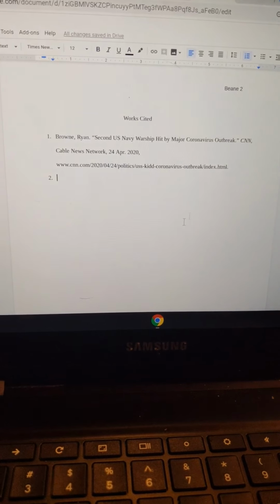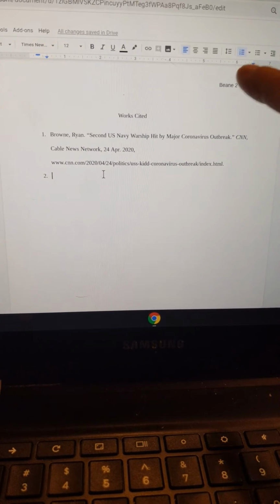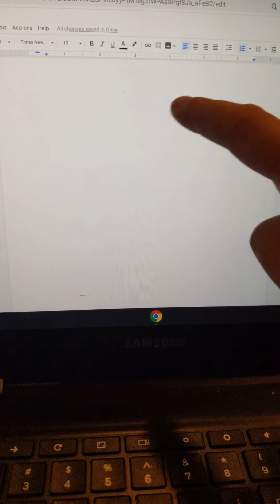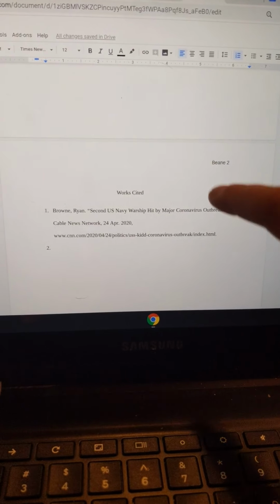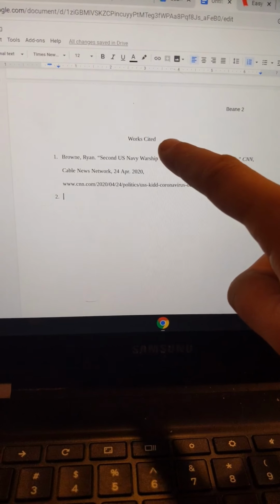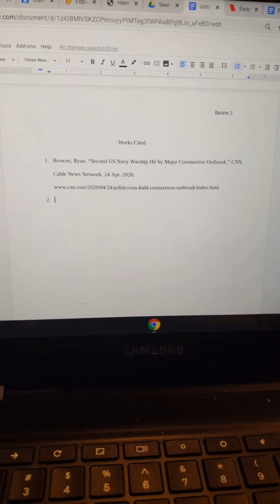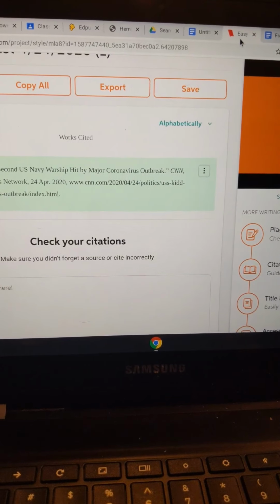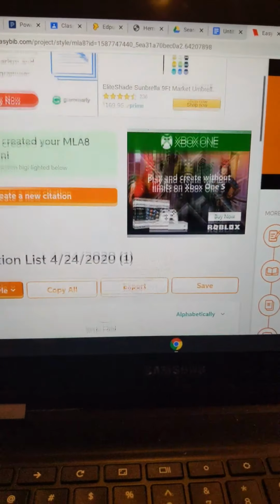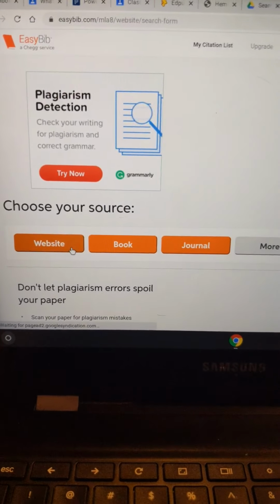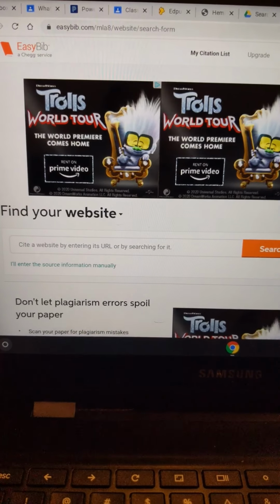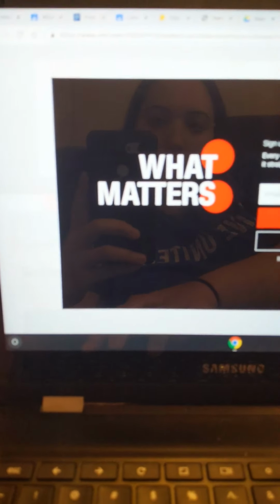This is how your Works Cited page should be set up. It should not be continued on from any other writing in the document. You should continue to hit Enter until you've hit a new page, Works Cited, and paste in your link. Now remember, using EasyBib is very, very easy. All you do is when you get to it, we're going to create a new citation to show you. You click on Website, and then from there, I'm just going to copy again